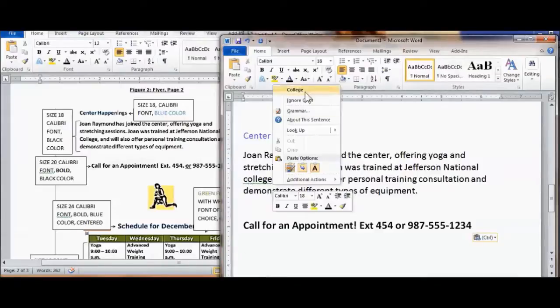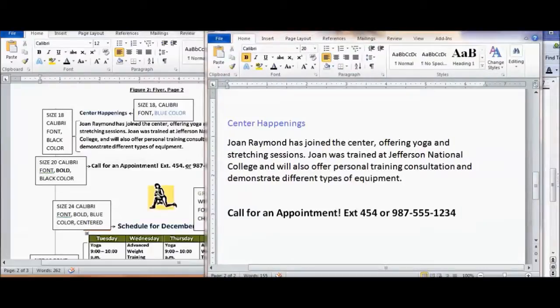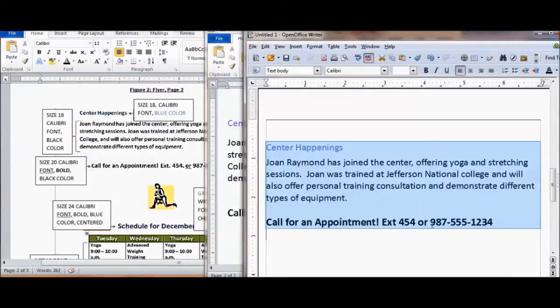So you can right click and correct it. Okay. So once again, if you're doing it in Writer, it's the same thing pretty much. Just make it bold and type in what you need to type and increase it to 20 and put a